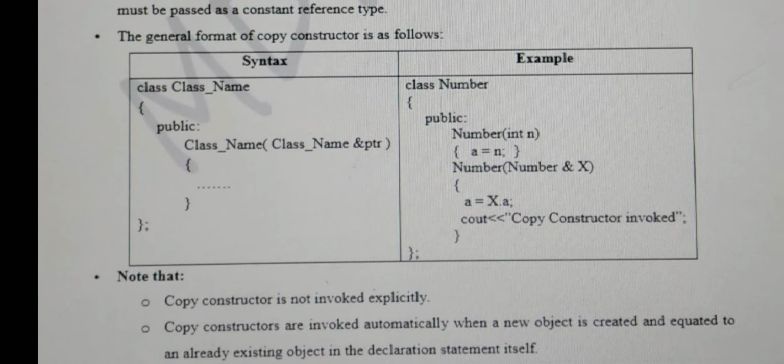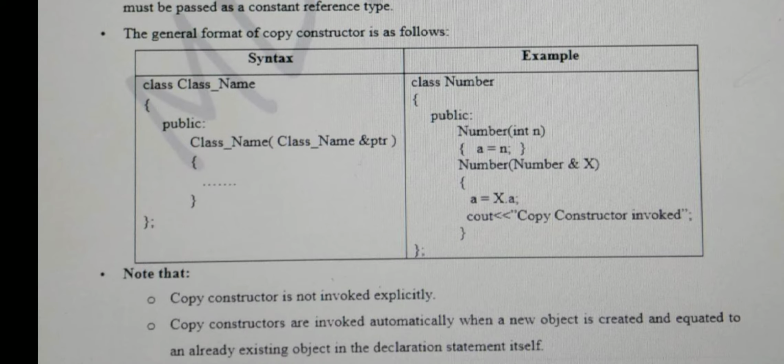Now you can see the syntax and example. On the left hand side, under public, the header is different. When you are studying constructors, students, you have to write down the syntax and example of the copy constructor side by side with the default constructor and the parameterized constructor. All three constructors' syntax in one place, and all three constructors' examples in one place.